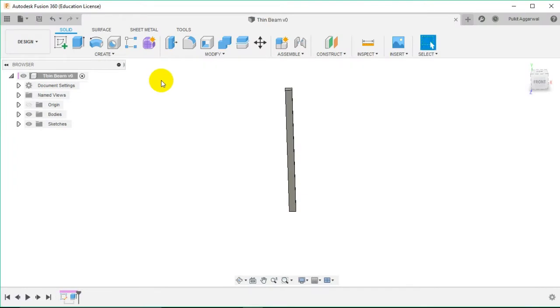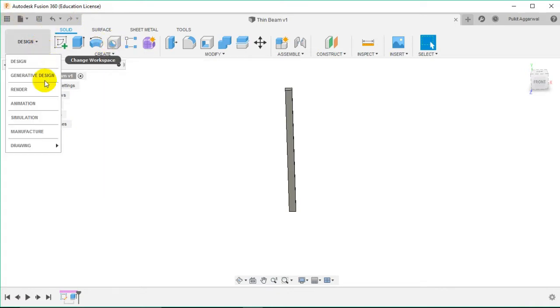So what is the difference between a linear static stress and non-linear static stress? In linear static stress, we assume that the response of the material is linear, meaning that as we apply load to it, when we remove that load, it's going to return back to its original shape. However, if we get to the point where we have exceeded the linear behavior, then we need to take a look at the non-linear static stress study. So we will be looking at the simple beam structure and apply non-linear response to it.